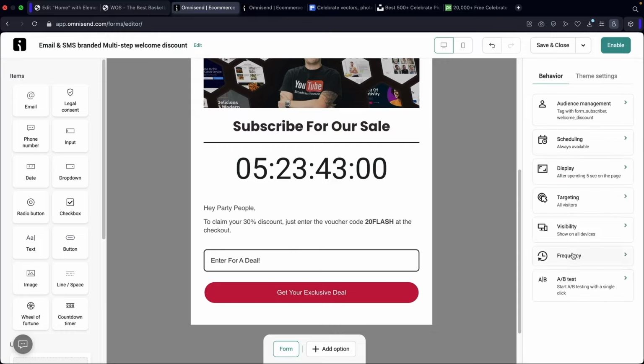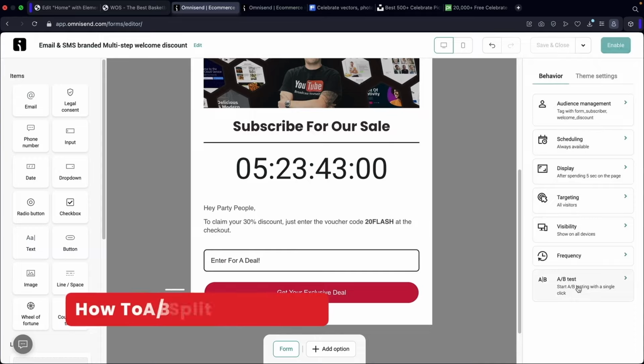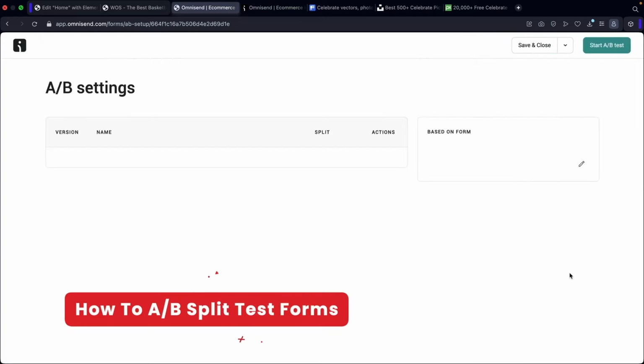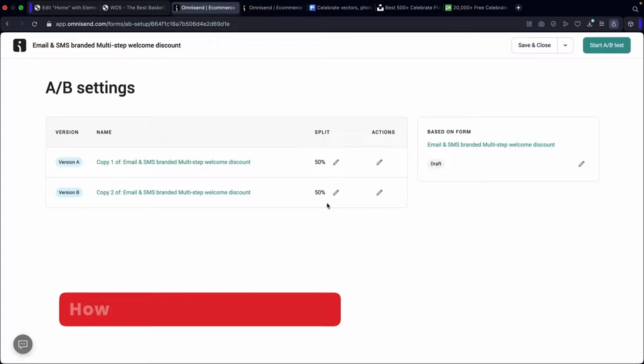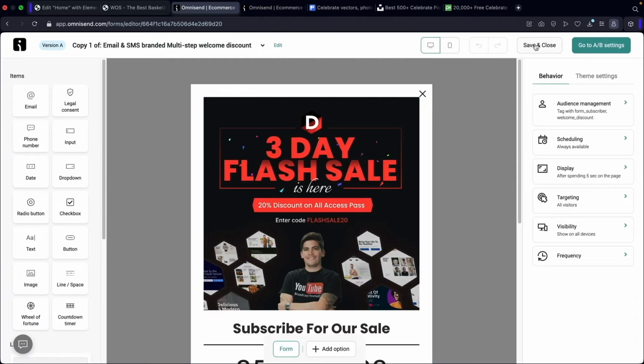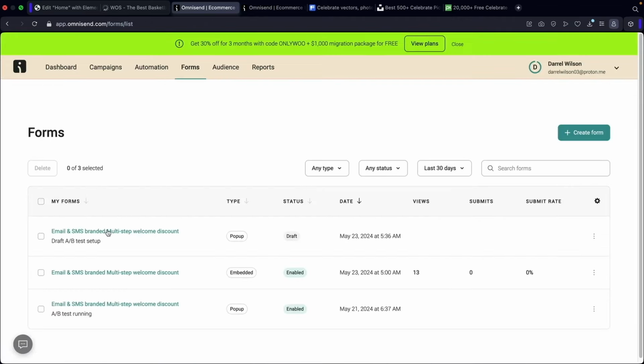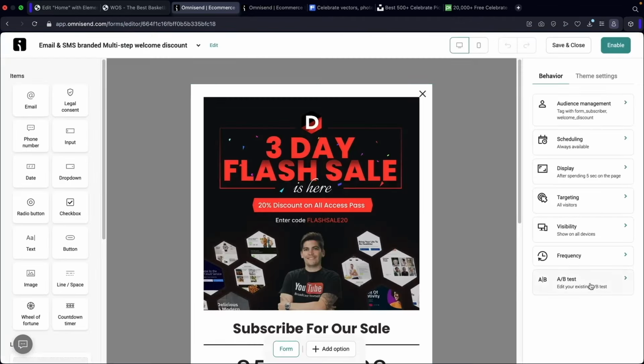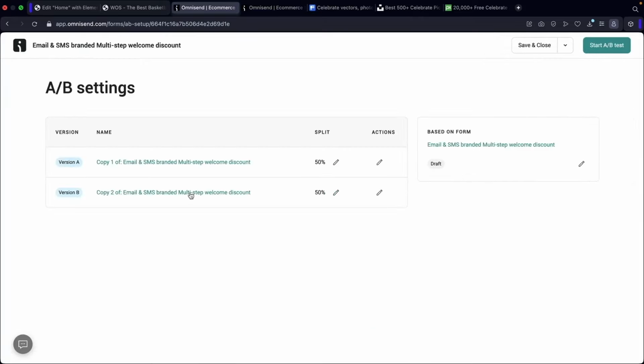All right, and let's take a look at the last option, which is A/B split test. If you click on this right here, it's going to create 2 different forms. The first form is the form that we're currently working with, right? But I'll click on save and close. And now let's go back over here to my form. And if I click over here to the A/B split test, we can now customize the second pop-up,